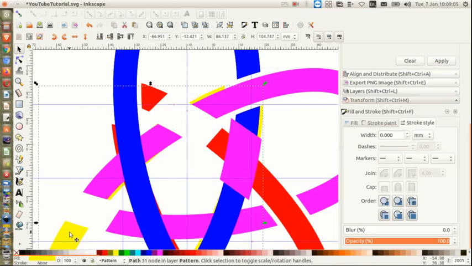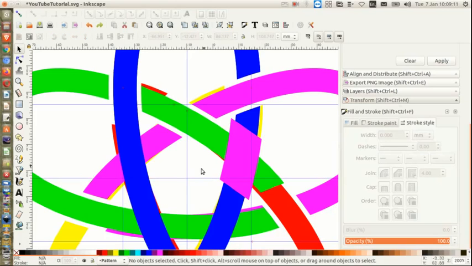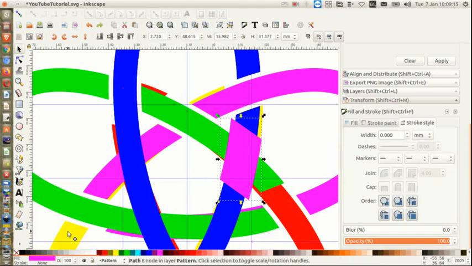Control minus, oh that was wrong, I'd better undo that. Control Z. I didn't have the yellow path. Reselect that, hold the shift, get the yellow path. Control minus,